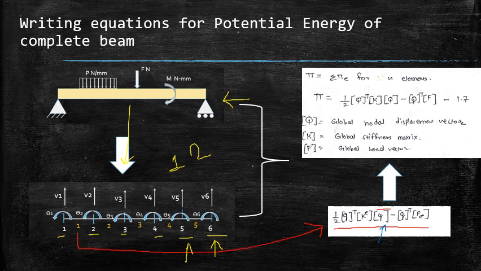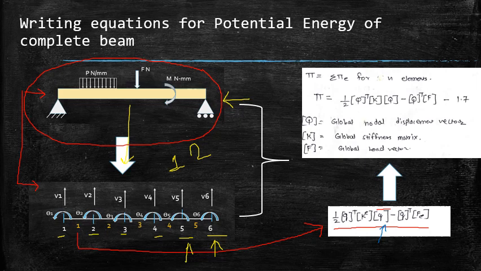Okay, so till now what we have done, I will just recall briefly, summarize briefly. Initially, the problem of beam was specified. We have broken down that problem into finite number of elements, and we have formulated the equation of potential energy of one single element. Now, how will you get the total potential energy for this complete beam? I am speaking about this complete beam. So easily it can be obtained by summation of elemental potential energy.